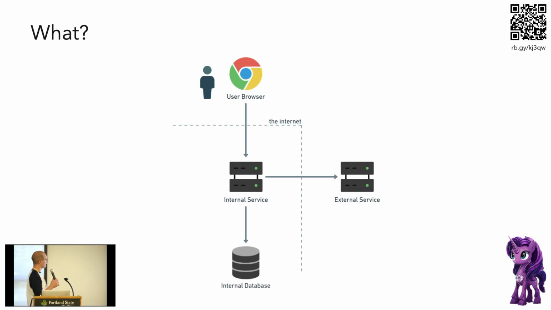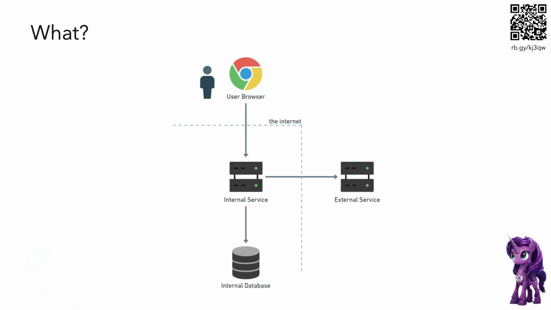So what? This is a really simplified tech stack architectural diagram you might have at work. You're some SaaS, you have customers who use browsers to talk to this internal service that uses the database, and your internal service talks to this third-party external service. Now, if you're looking at this,